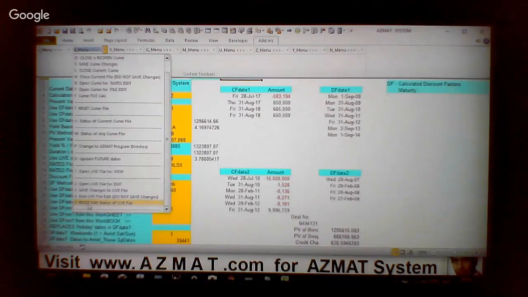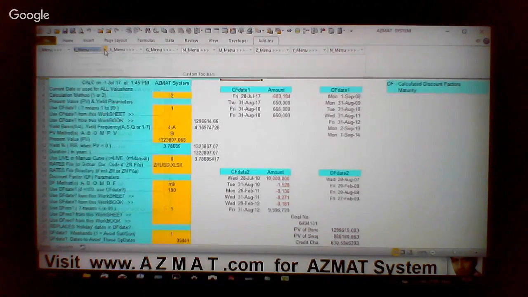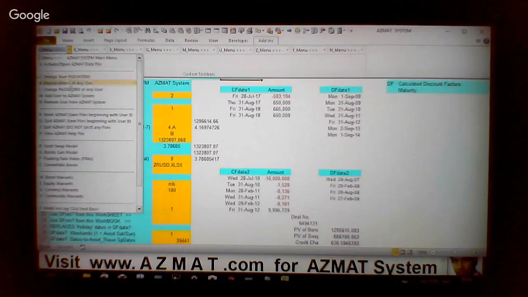And then reset the edit status of live file. So all these commands, the whole lot, if you notice, they're all to do with the rates, curves. So that's why it's called K menu, for rates environment menu there. So all these AZMAT System commands are here to open particular calculation models, and as we go down, there are